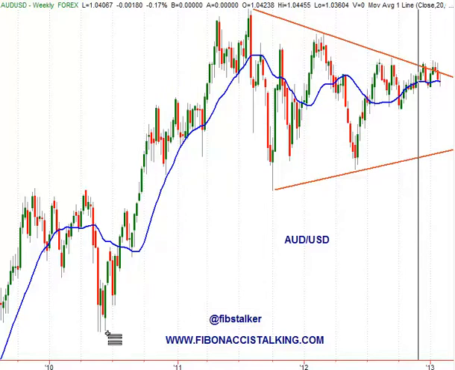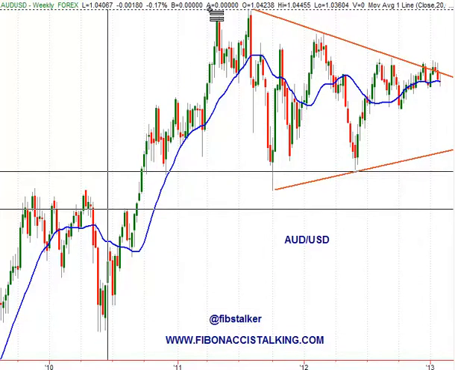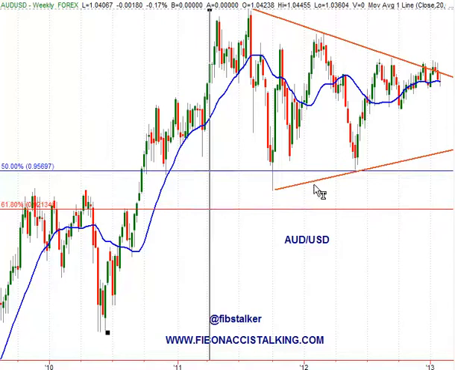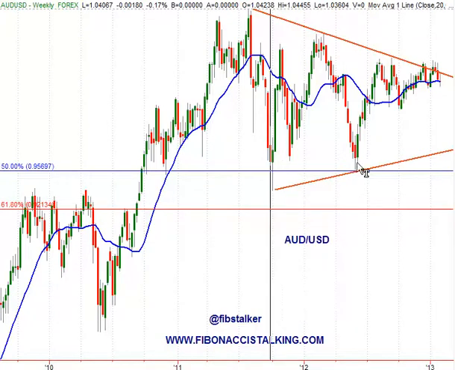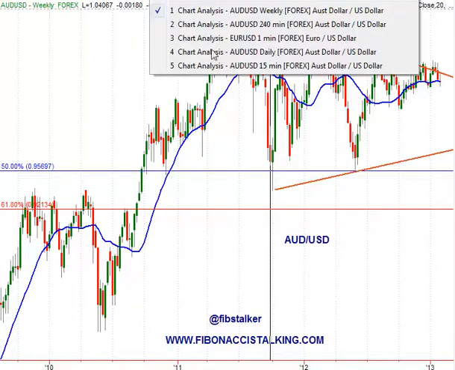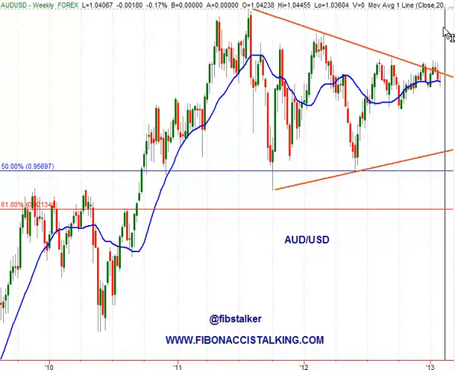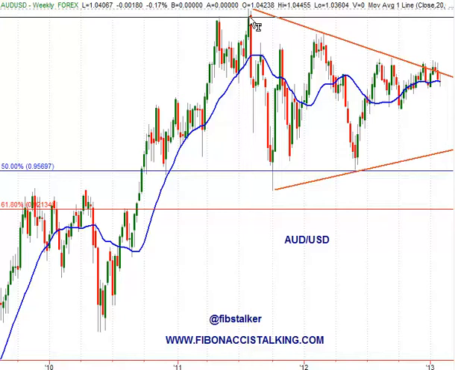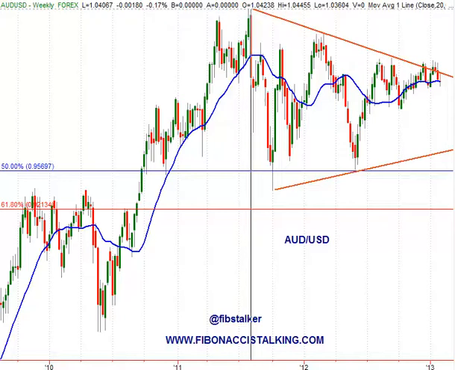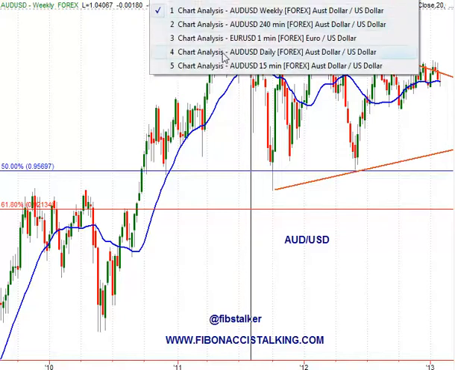And finally, the AUD, the Australian dollar versus the US dollar, we have on the weekly chart this long setup here, which is holding price now in 2011 and through 2012 as well. And so we have potential targets higher, above previous highs here. On the daily, we can see that